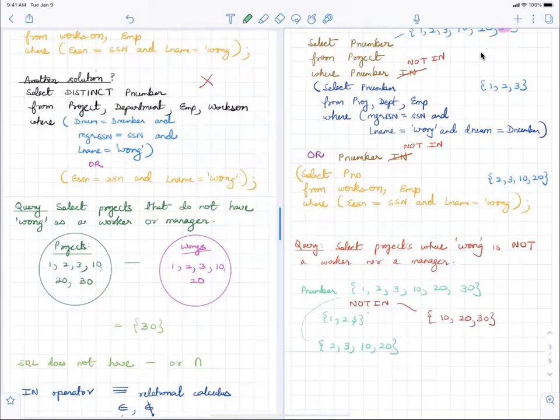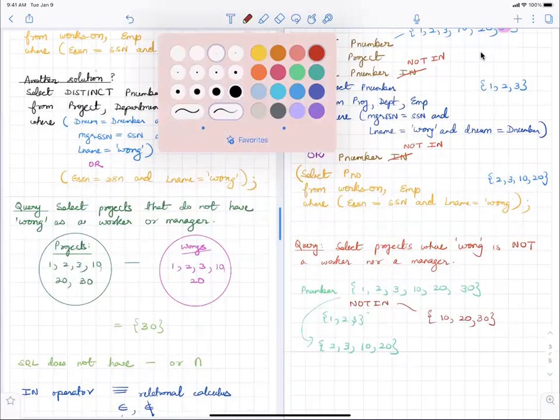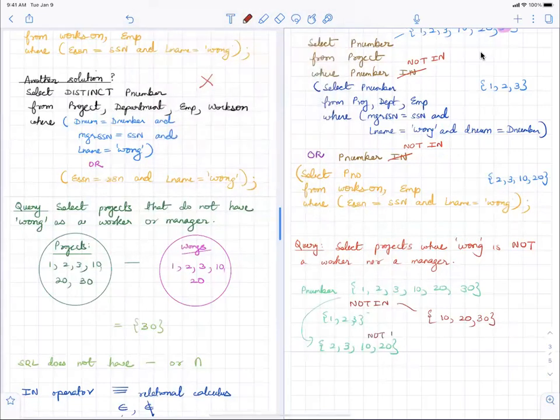So when we look at not in, we are going to have 1 and 30. So we are saying select P number from project where P number not in this or P number not in this. So the answer to this particular query would be 1, 10, 20, 30.